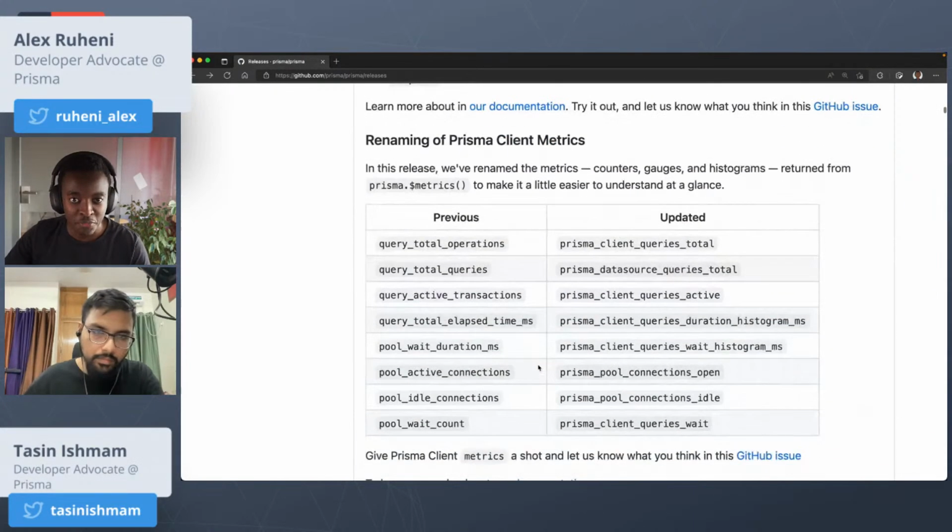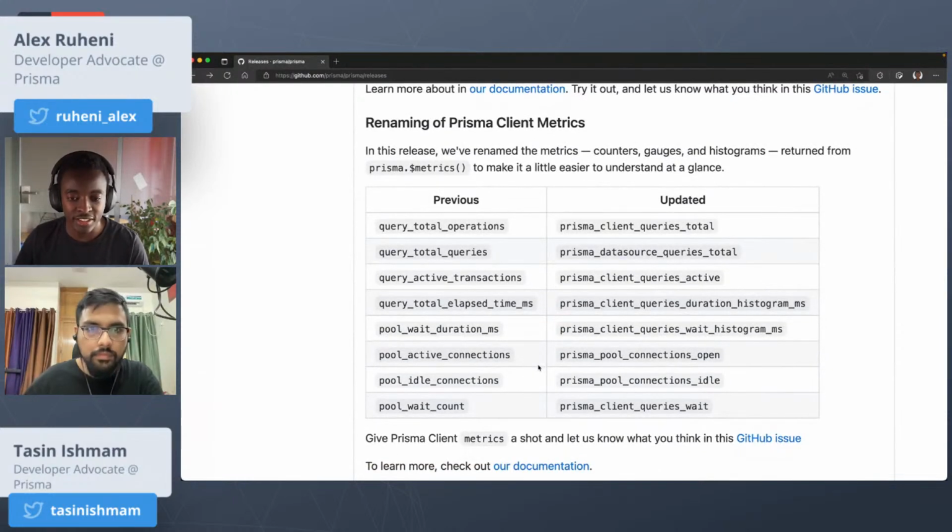The other change that we made in the release on Tuesday is renaming the metrics. And as you can see, there's a drastic change in the naming. It's a preview feature, so it's not really quite considered a breaking change. And as you can see, most of the metrics from the counters, gauges, and histograms are now prefixed with the